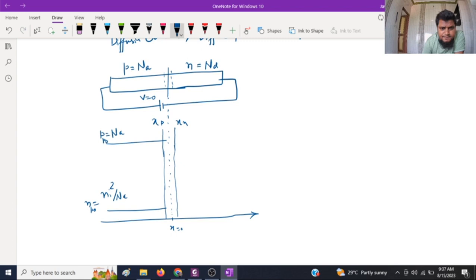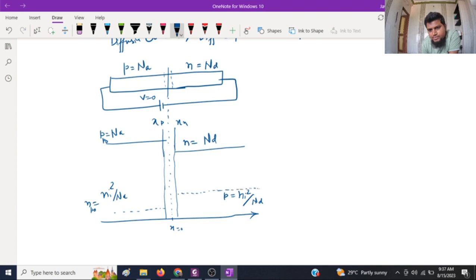There is no voltage applied between the p and n side. On the n side, a similar statement you can make, that n is equal to Nd and p is equal to ni square divided by Nd. Let's represent it with the dotted line. So p is the minority carrier on the n side, so write it as pn0 and nn0. Now they are following the mass action law, that is np is equal to